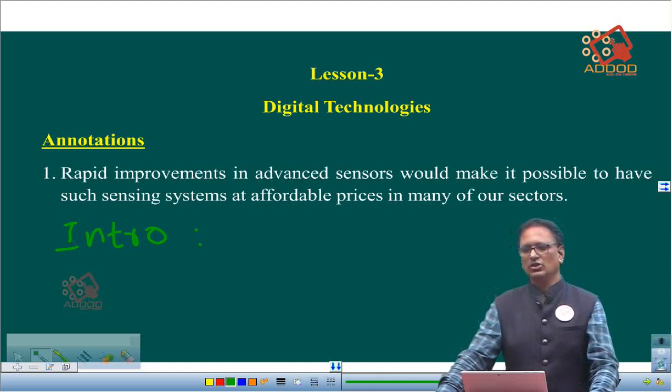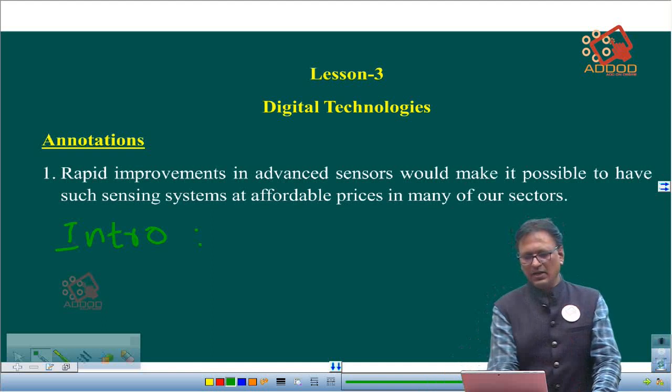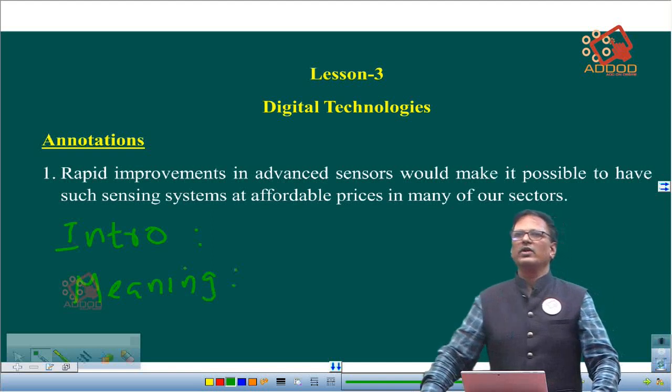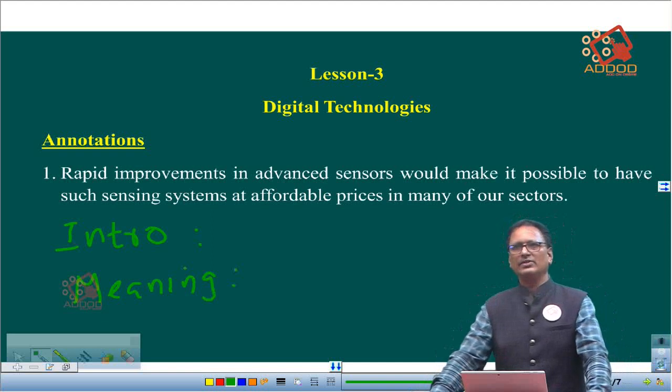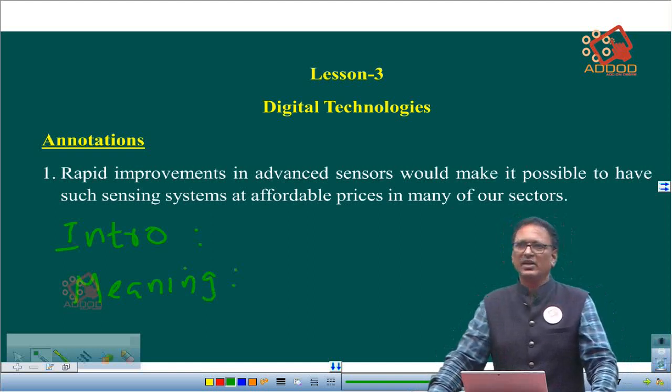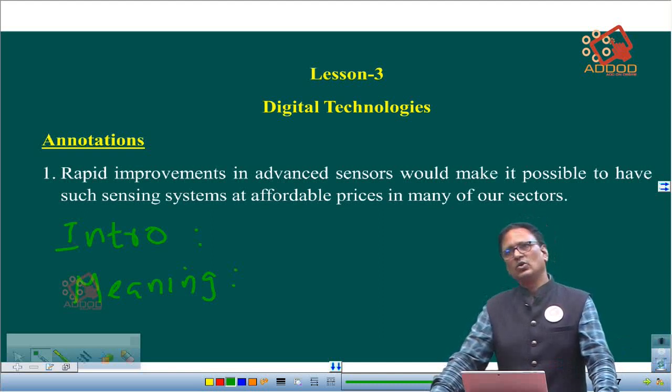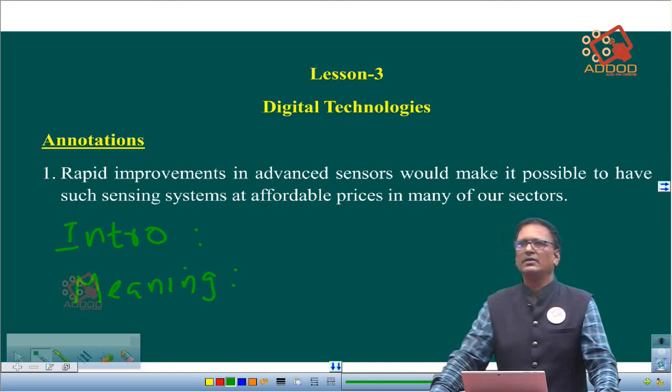After this introduction, you are going to write the meaning. So the second subheading is meaning. Now you are going to write what is the meaning of the given lines. First is from which lesson the lines are taken, and second is what is the meaning of those given lines, which are nothing but annotations. Anyway, you might have gone through the meaning because you have gone through the lesson, either you heard it in the class or you read it in the book, whatever may be the source. Ultimately, you remember something, and the meaning of that annotation you are going to make a note of.